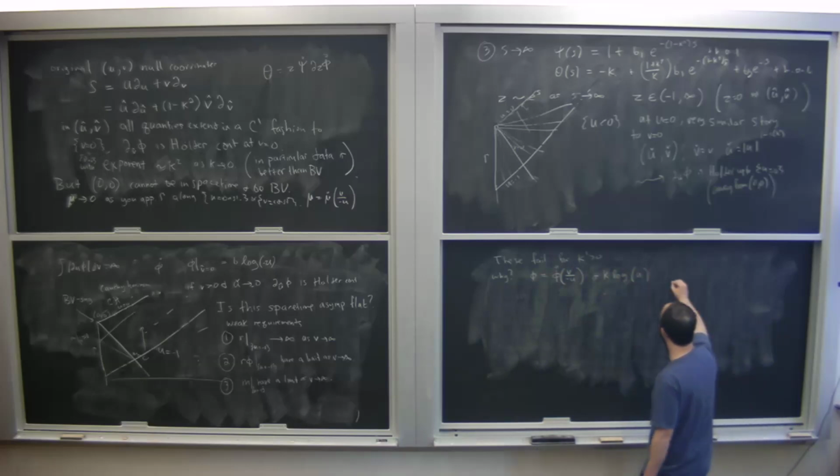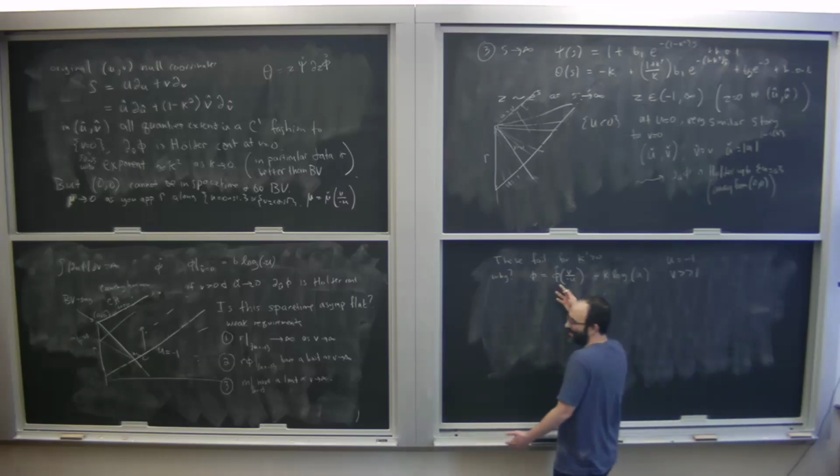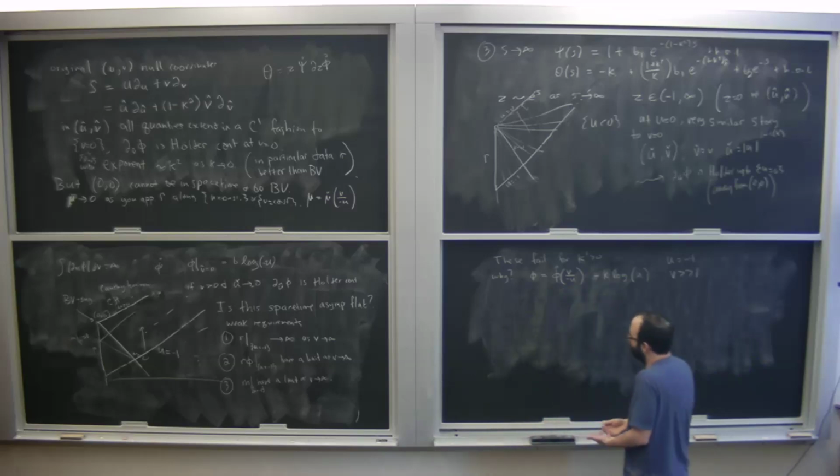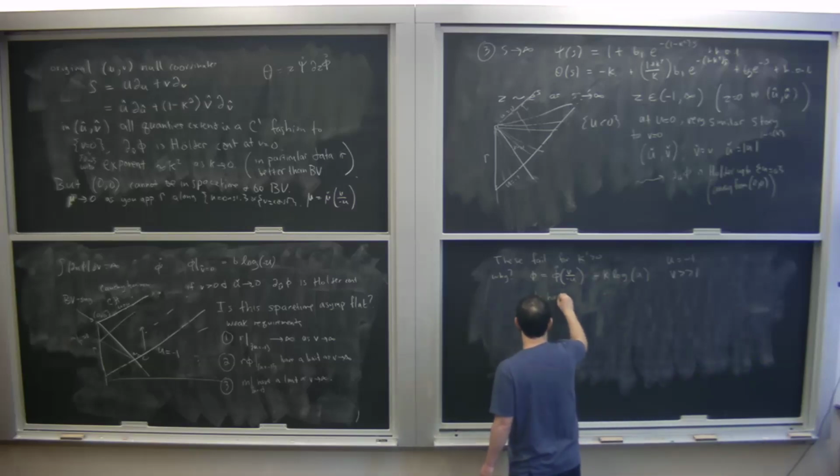Right, again, we're going to set u equals -1 and look at v very large. Well, I guess it could be the case that this goes to 0, but it's not forced by scaling. In other words, phi has scaling degree 1,